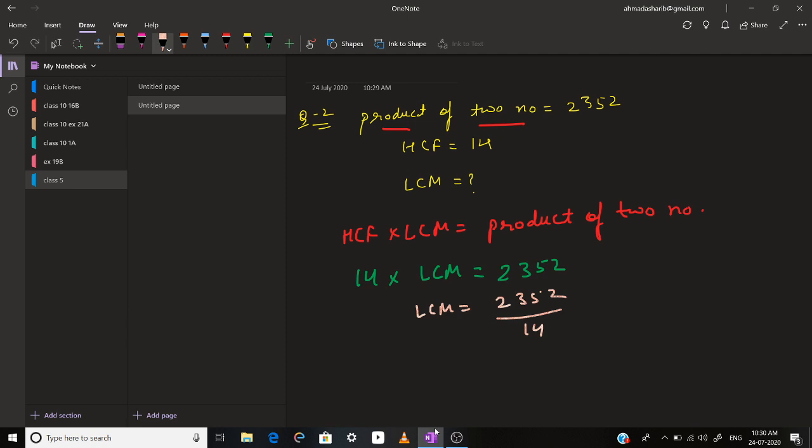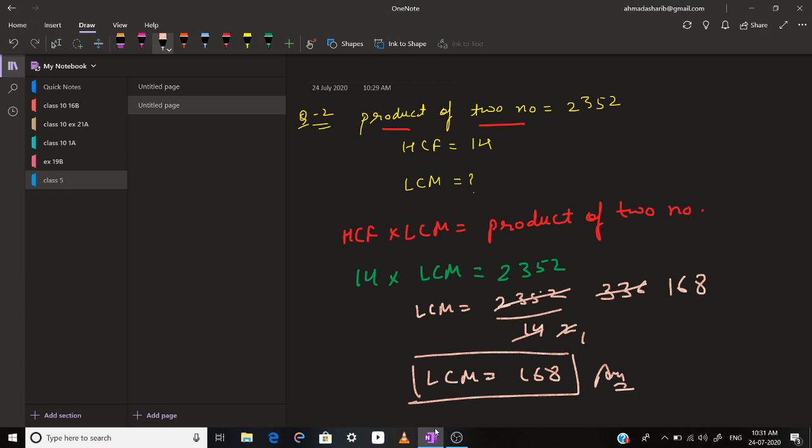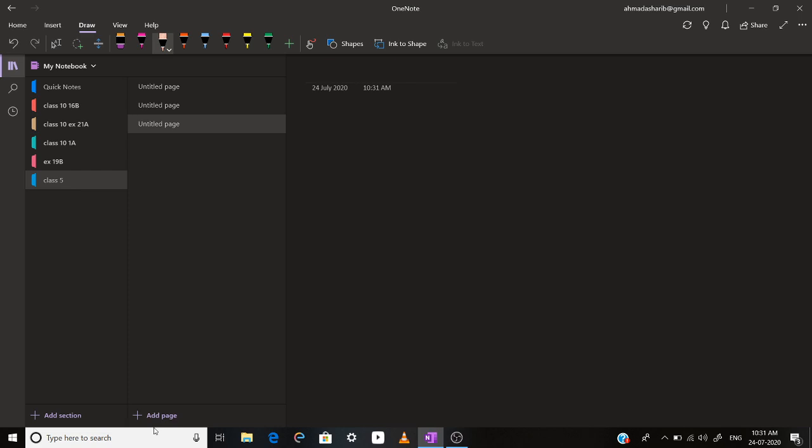Now we have to solve it. So can we reduce both the numbers by 7? 7 twos are 14, 7 threes are 21 and 2 carry, 25. So 7 again 3s are 21, 4 carry, 42, 7 sixes are 42. Okay, now 2 ones are 2, 2 ones are 2, 13, 2 sixes are 12 and 2 eights are 16. So your LCM is 168. This is the answer of the second part. In this way you are going to do this question.